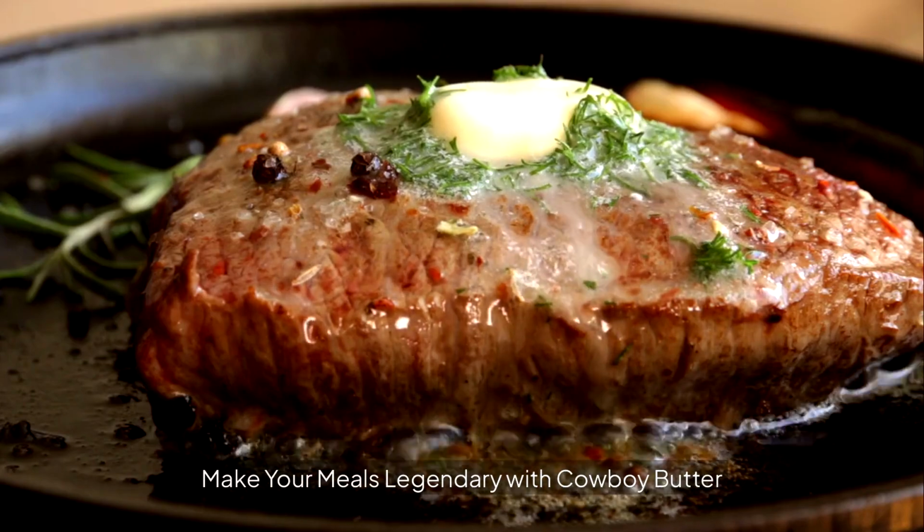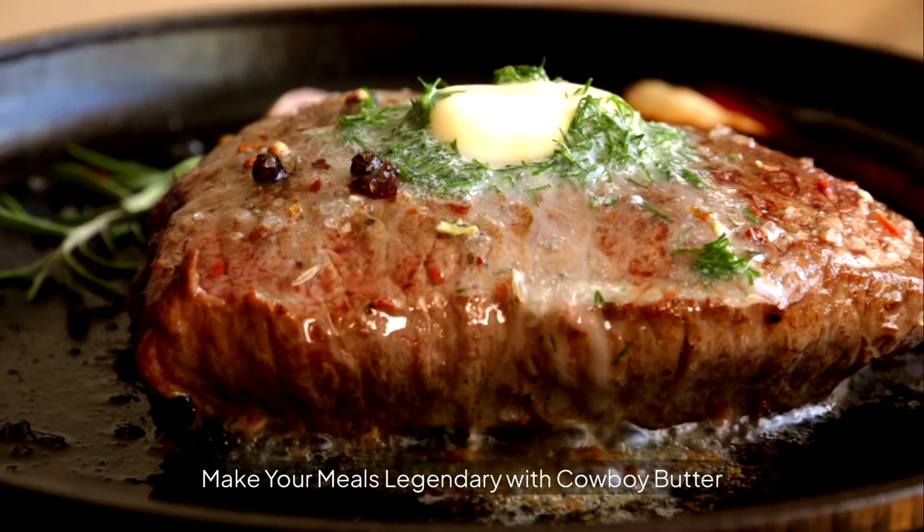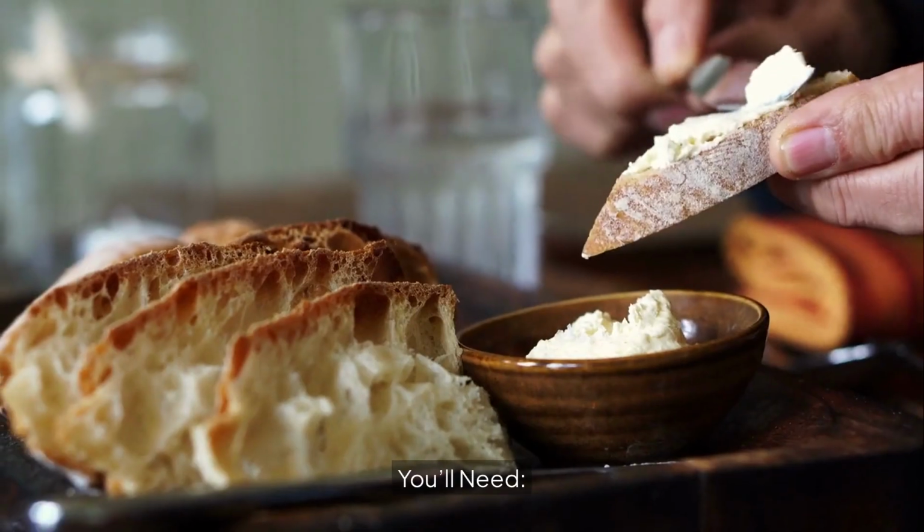Make your meals legendary with Cowboy Butter. You'll need